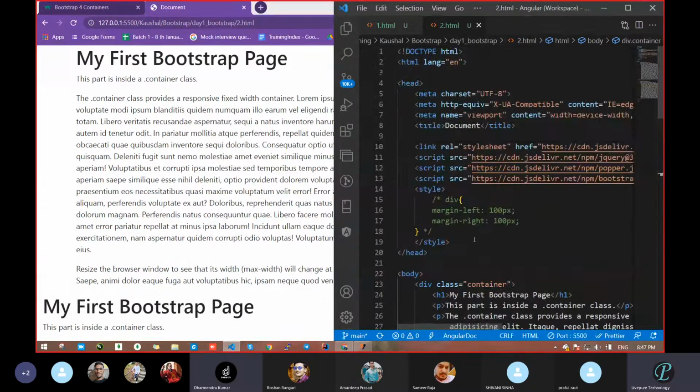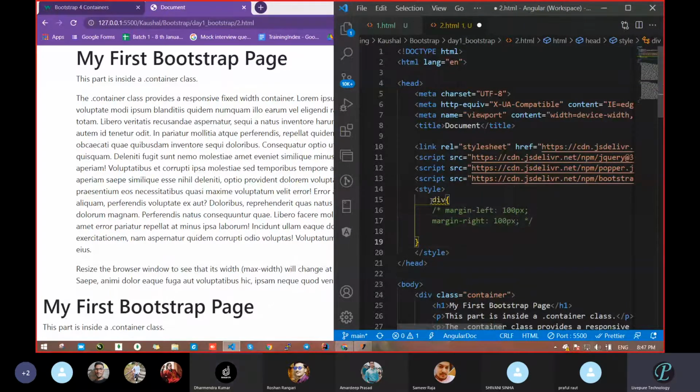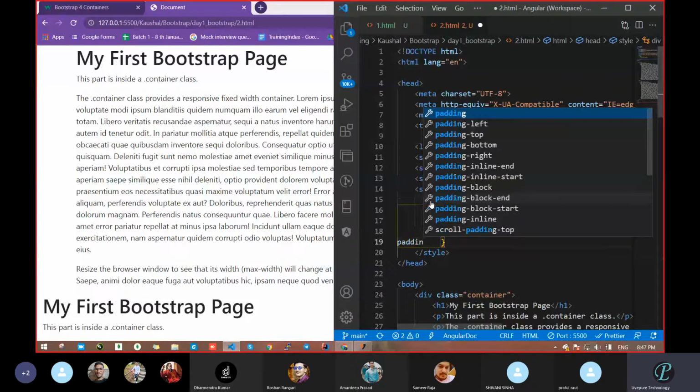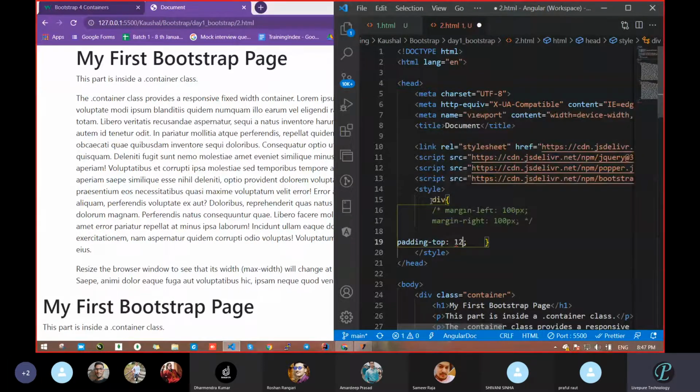We already have this div class, so we will use that itself. Padding means we want a top space. So what will we pass? Padding-top. Correct.